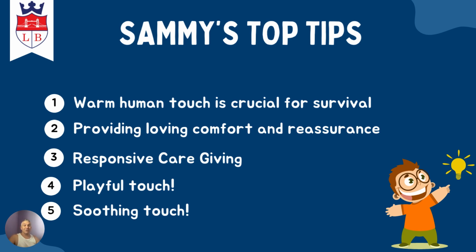My next top tip is provide loving comfort and reassurance to children. Cuddle them when they cry. Help them when they're in distress. Support them. Reassuring touches are so important in the early years to help children feel secure and to help them form strong attachments to those people that are caring for them. And moving on to my third top tip,